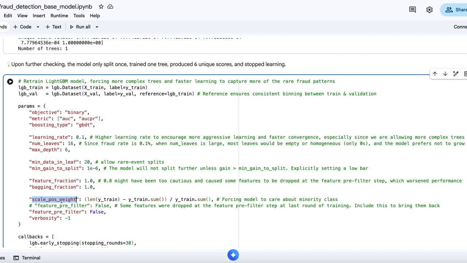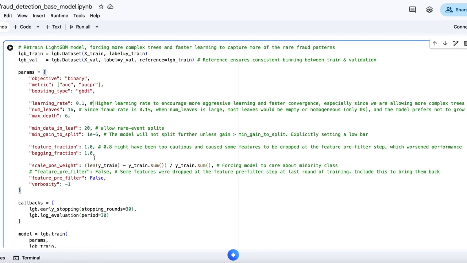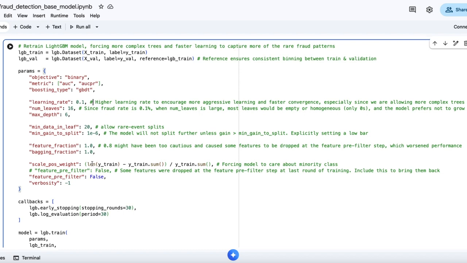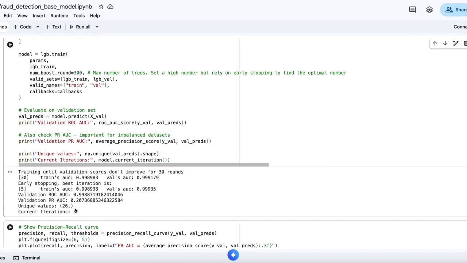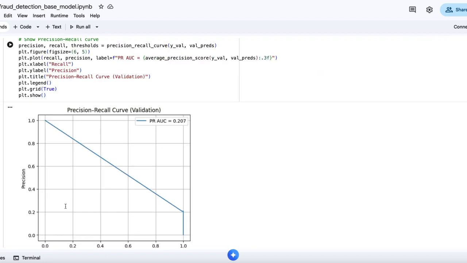And I've increased the learning rate to encourage more aggressive learning and faster convergence. We're still relying on early stopping to prevent overfitting. This time we can see the model has had 5 rounds of boosting, or in other words, created 5 trees. It's produced 26 unique scores, which is an improvement on 6, but the PR curve is still near linear with